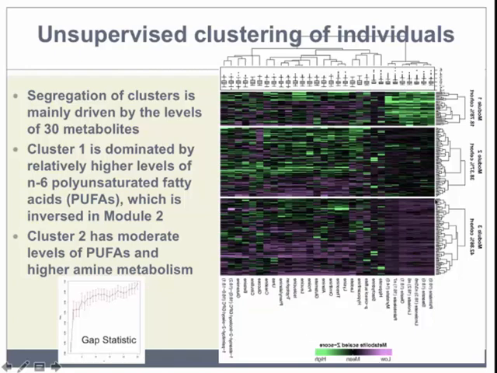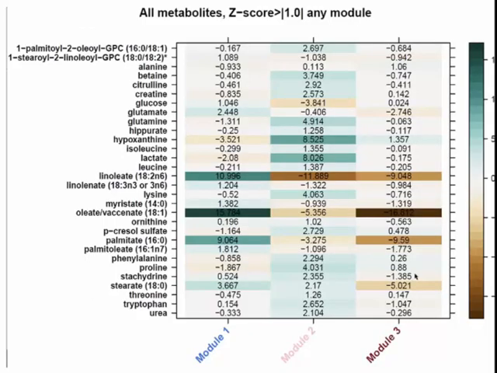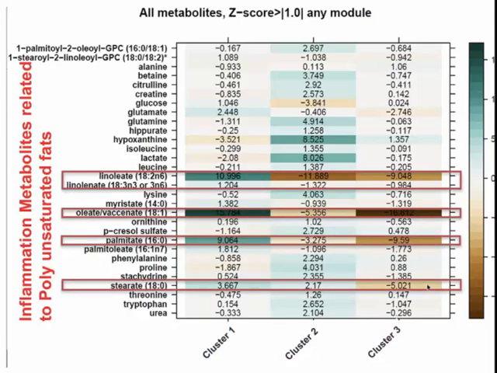And here, when you look to the right, you see these individuals clustered, where you really see this high expression of green here, sort of a neutral in cluster 2, and then a negative in cluster 3, where we see these really profoundly different groups. And then the next question we asked is, well, can we actually characterize what those metabolites are? What seems to be differentiating the 3 groups?